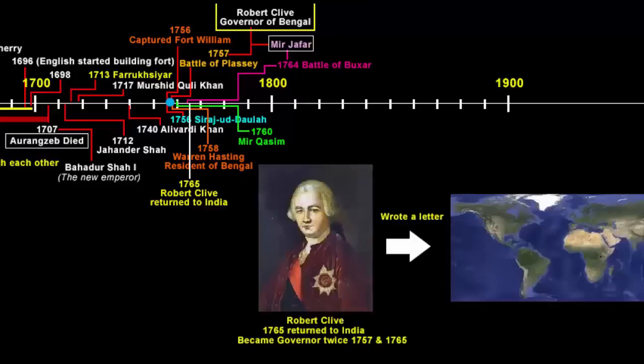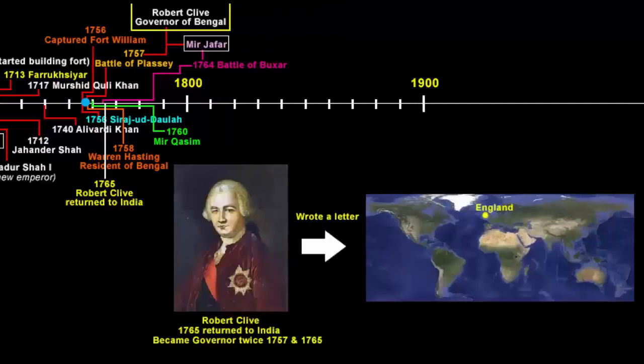Governor Robert Clive then wrote to the company chairman in London. He said, "We must indeed become Nawabs ourselves." Remember, Clive was an officer in the company's army who was made the governor of Bengal. He did not have any authority to conquer the Bengal province. While he could not, he instead lobbied his superiors for permission to become a Nawab.